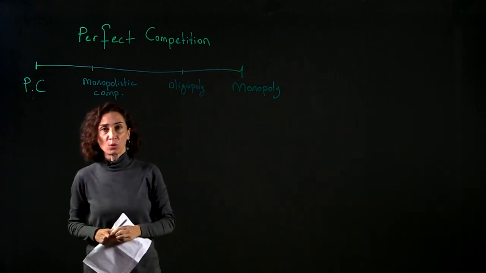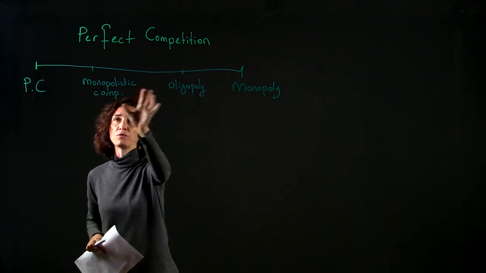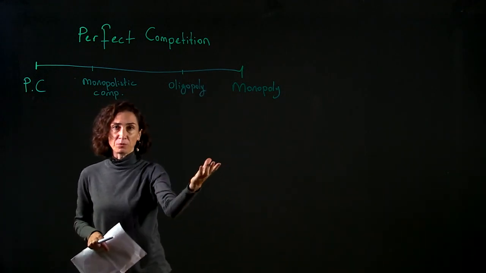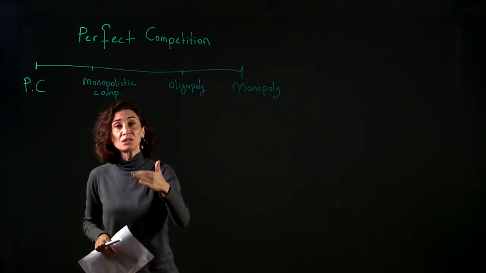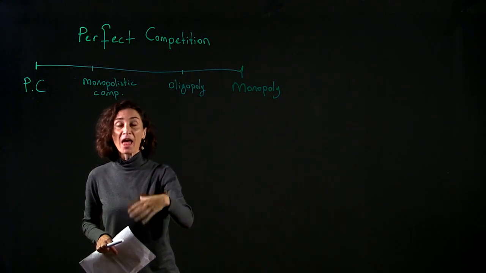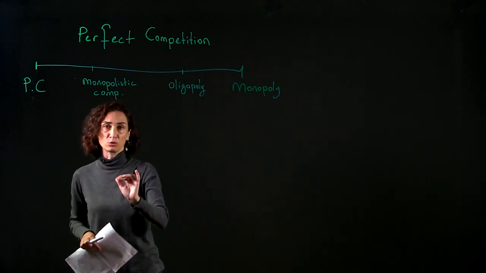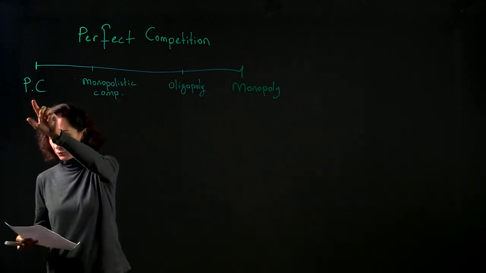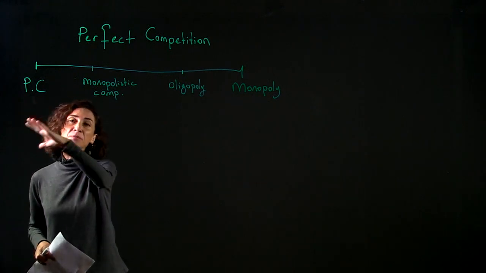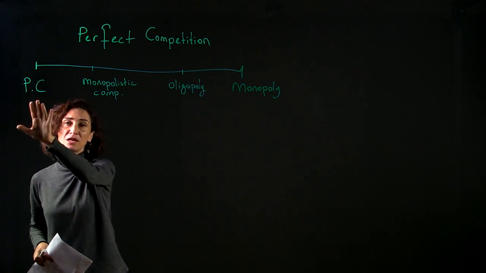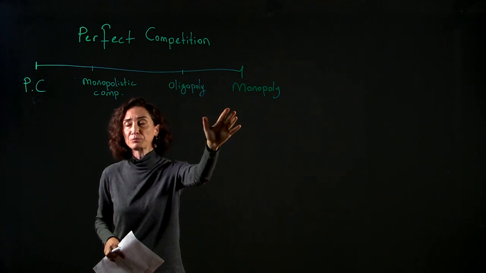So at the end of this course, you'll understand characteristics of each of these different types of market structure and how we compare them in terms of the decision-making processes of the firms and the outcome when we talk about short-run equilibrium and long-run equilibrium. So we start with perfectly competitive markets because this is really a simplified case which we can use as a reference point to understand all these different market structures.